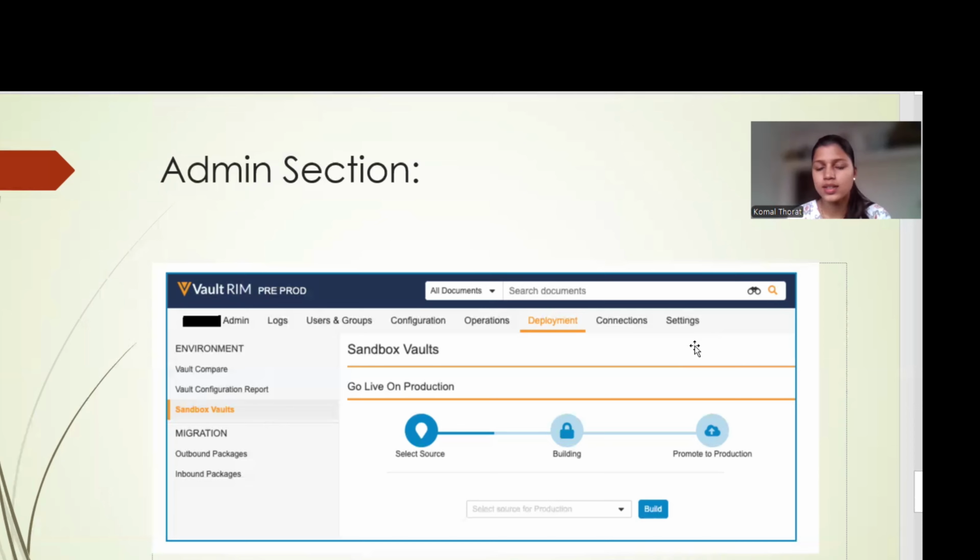You can see how many licenses are used and how many are remaining from the settings. If you want to enable something for the complete Vault, you have the option in the settings. So this is nothing but the overview of the admin section. We will see every point in detail in our upcoming lectures, but this is the overview of the